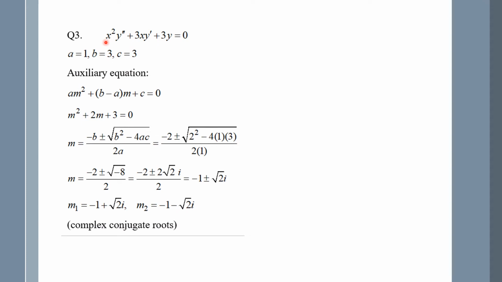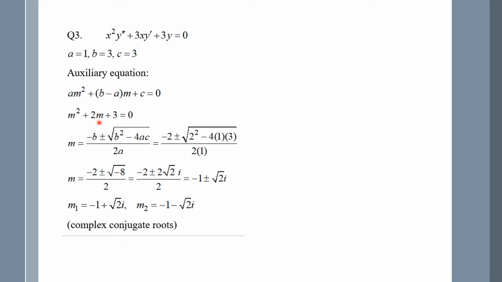Question number 3, x squared y double prime plus 3xy prime plus 3y equals 0. Now let us determine the values of a, b, and c. a equals 1, b equals 3, and c equals 3. Substitute a, b, c into the auxiliary equation and we get the following form: m squared plus 2m plus 3 equals 0. The left side cannot be factorized, and therefore we are going to use the quadratic formula to